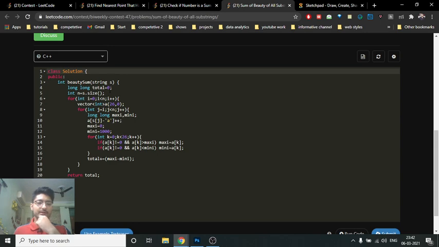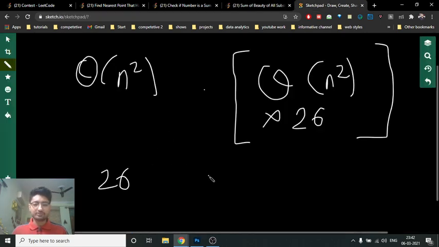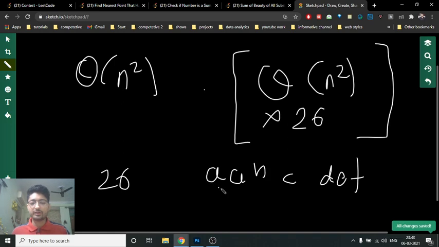So I'll show you the code part now. As you can see, we just iterate over. Maybe our string is A, B, C, D, E, F. For iterating over every substring, we'll take 2 pointers. One pointer is pointing at this point, and the other pointer starts from this point and takes out all the substrings starting at this point.